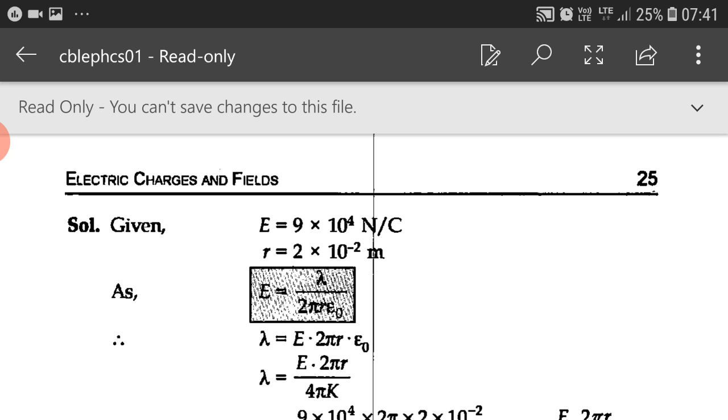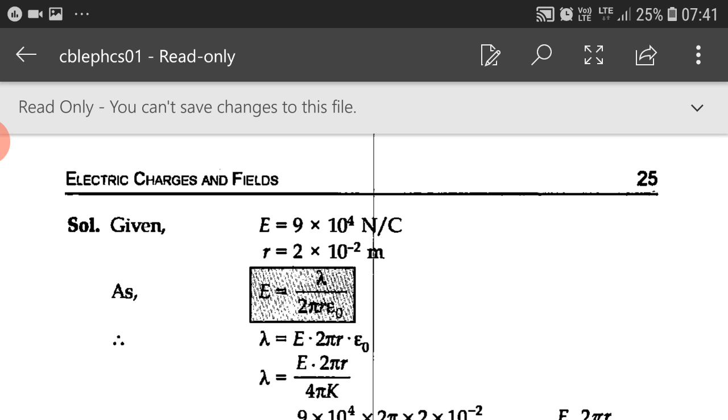Electric field E is given to you. Then 2 pi epsilon naught. Instead of writing the value for 2 pi epsilon naught, better you multiply this expression by 2 and divide by 2. So in the numerator you will be getting 4 pi epsilon naught. Then what is the value of 4 pi epsilon naught? As 1 over 4 pi epsilon naught is equal to 9 × 10^9, 4 pi epsilon naught will be 1 over 9 × 10^9. You will be able to do the calculations very easily if you put the value for 4 pi epsilon naught.